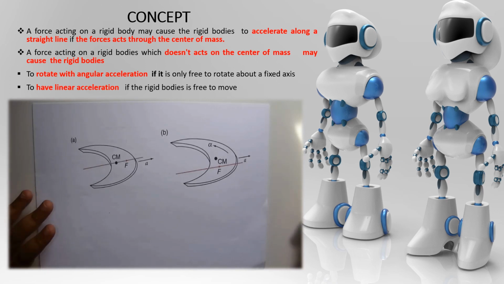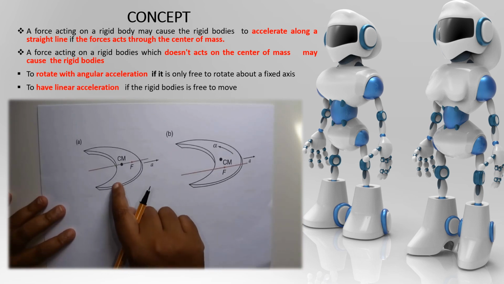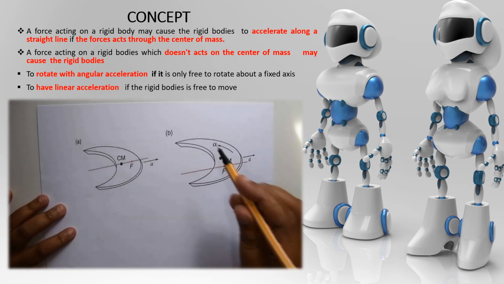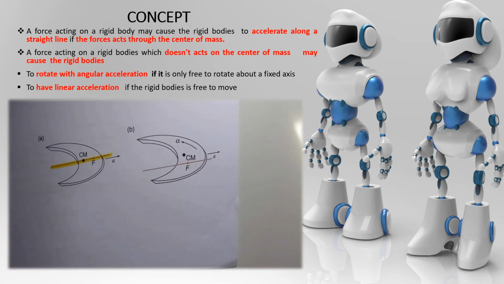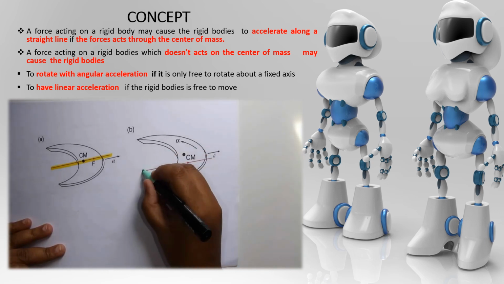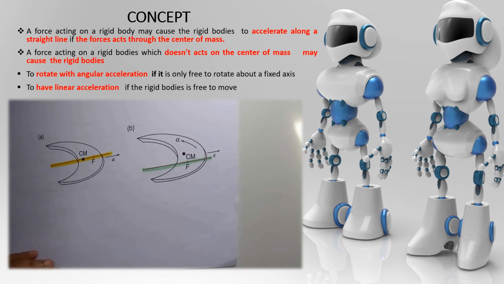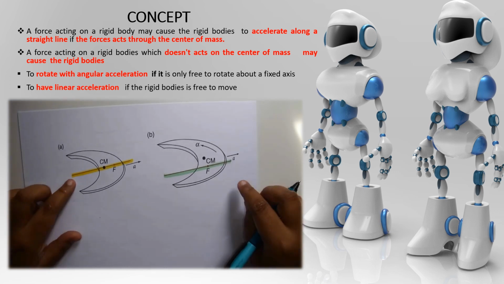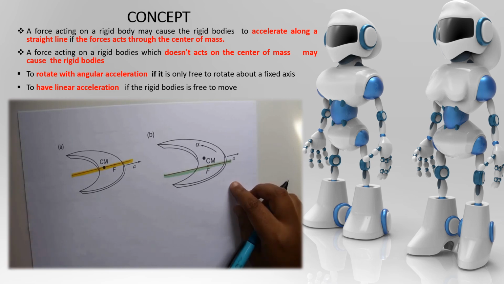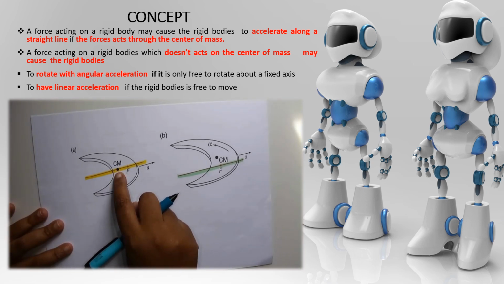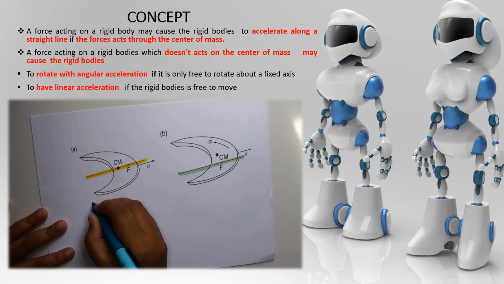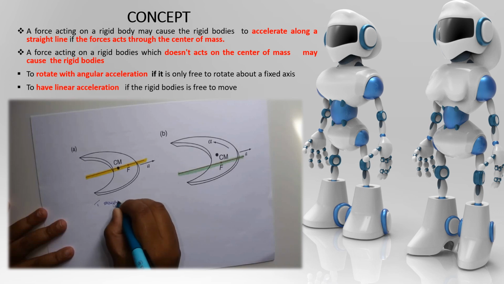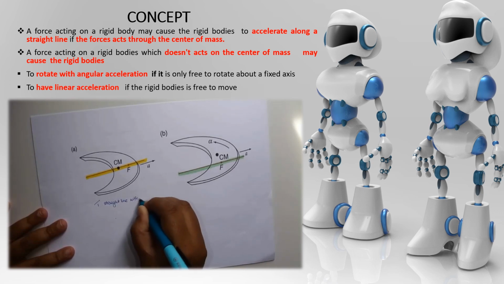Now this is the second concept we're going to look at. There are two diagrams here, class. In the first diagram, we can see a force acts through the center of mass, and in the second diagram, the force does not act through the center of mass. So the concept is, when a force acts on a rigid body, it can cause an acceleration. If the force acts through the center of mass, it will make the object move in a straight line with an acceleration